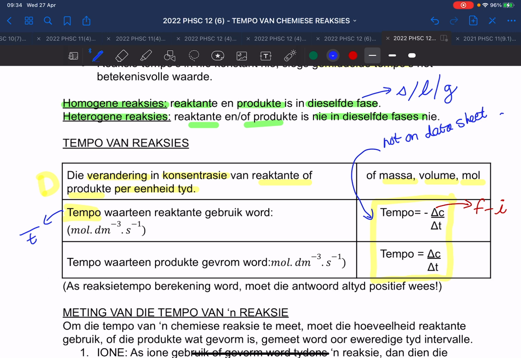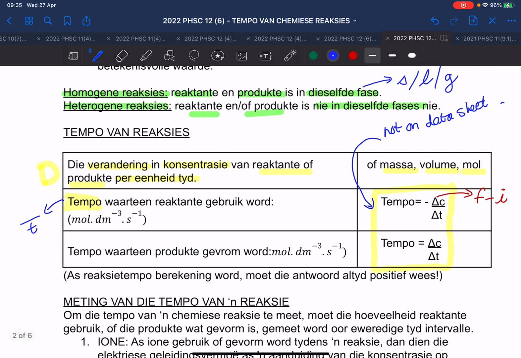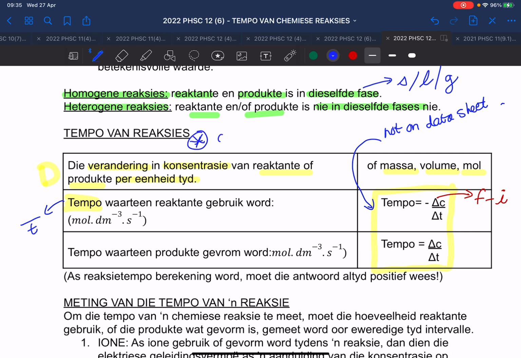Okay, so jy kan hierdie vergelyking gaan verander. You can change this equation and we're going to practice it today. I always just write down this one. Ek skryf altyd net die positiewe een hier. And then if I see my answer is a negative, I go back to the equation and I put in a negative. Okay, so dit is nie die einde van die wêreld nie. Just know that your answer, your antwoord, is nooit negatief. Your answer can never be negative here.